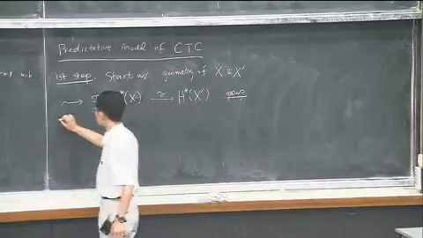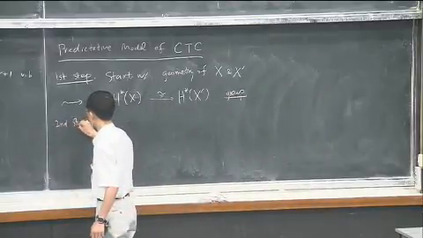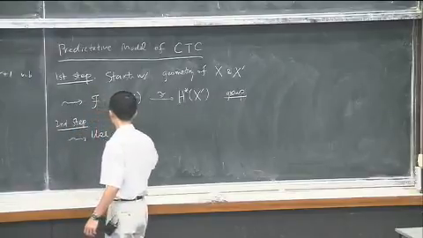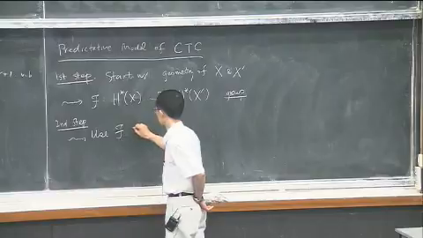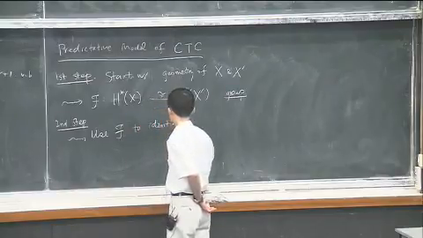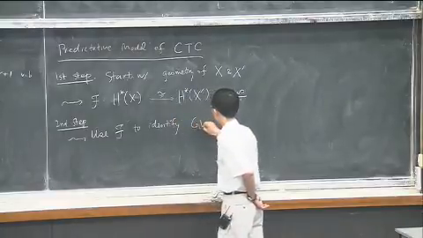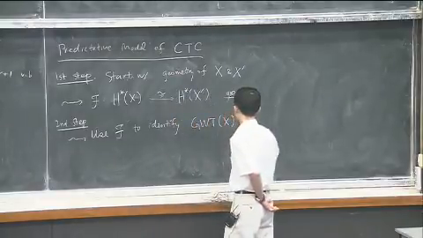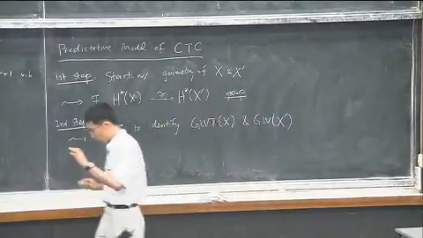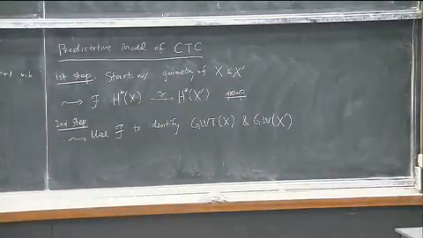Then I will use this f to identify the Gromov-Witten theory of X and the Gromov-Witten theory of X prime. So that's the goal. I want to do a complete predictable system